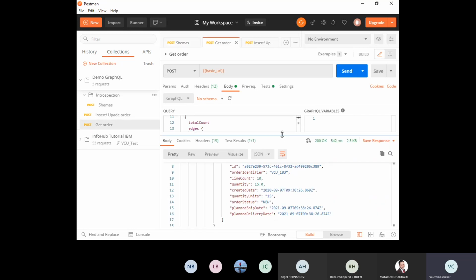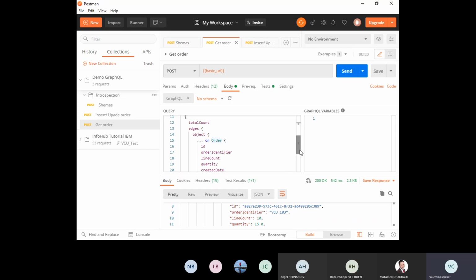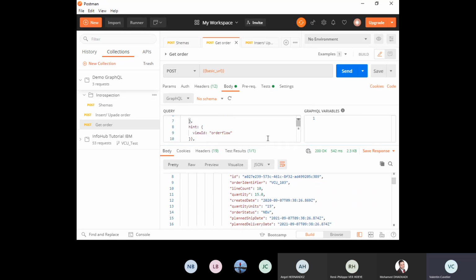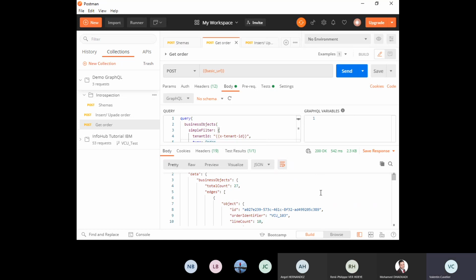After, just for the example, here we retrieve an order in the database. I don't use the GraphQL variables here, but I can. Here I use only the variables defined in GraphQL, so we have ID and other fields. And we have a request that retrieves all orders in the database.